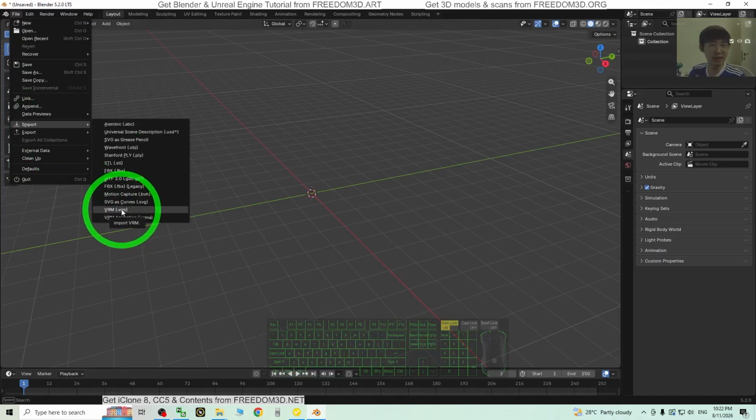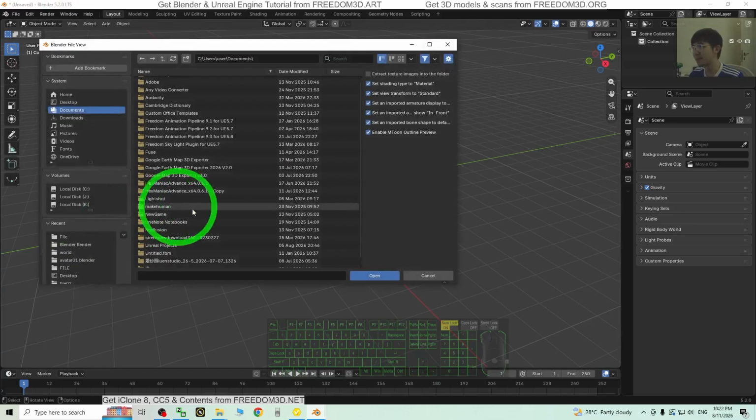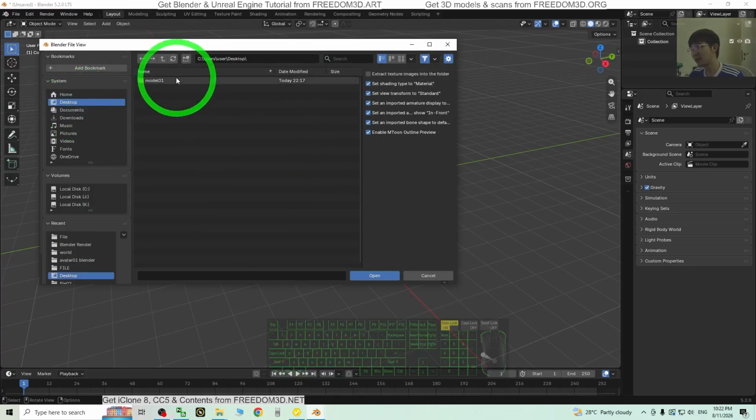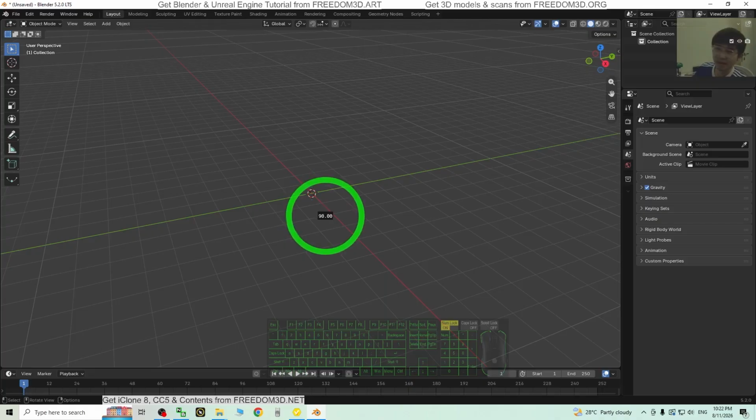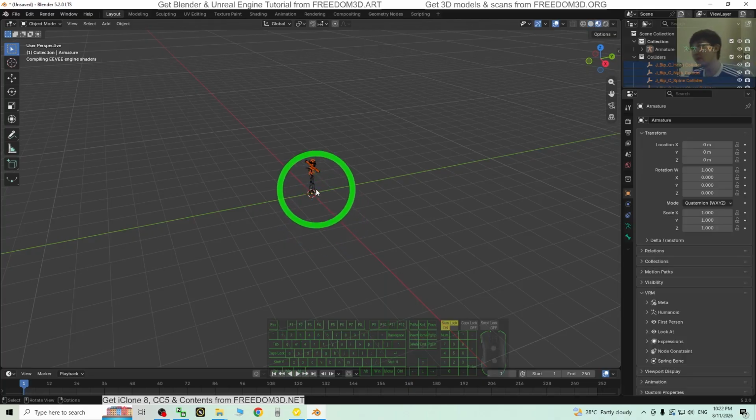Before that, you cannot import a VRM file. There's no plugin. Now you already installed the plugin so that you can import the VRM. So now I click File, Import VRM, then select from the desktop Model 01 VRM. I double click it. Now Blender is importing the VRM file into